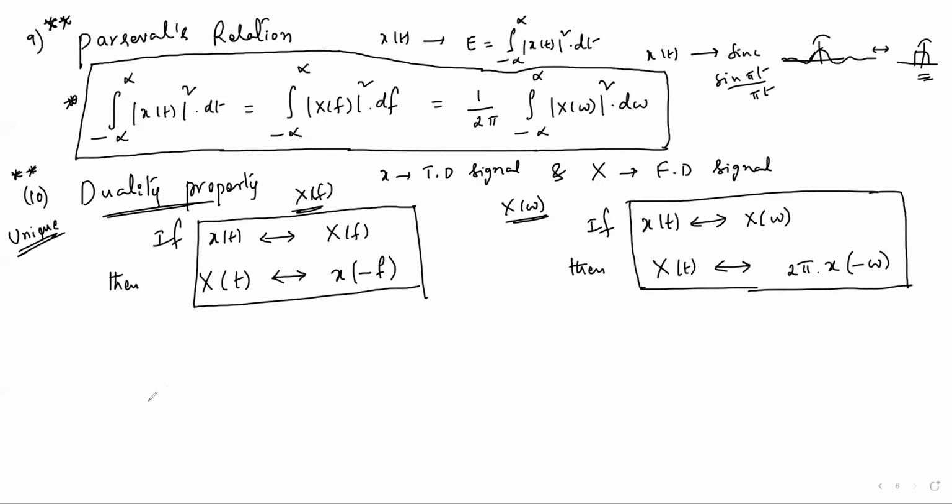Note it carefully. Last property, area under the signals. Nowadays we are getting questions from this property. I'll tell you how to take the area under different signals: x of t, x of f, x of omega. Three different signals, separately. Let us see. I hope all of you noted this. I want to write the 11th property, area under the signal, on a separate page. Fine. Let's go to the next page.